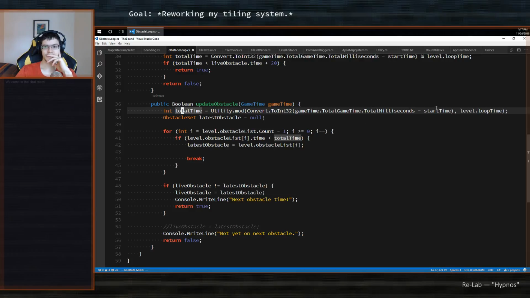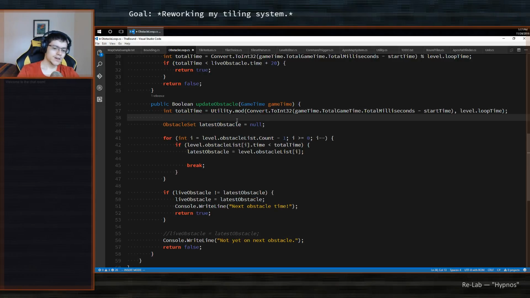Can I harvest that? And loops. I wonder why I absolutely want to.